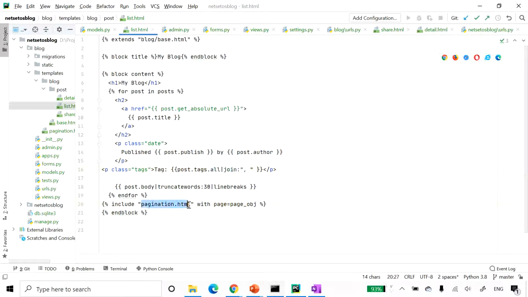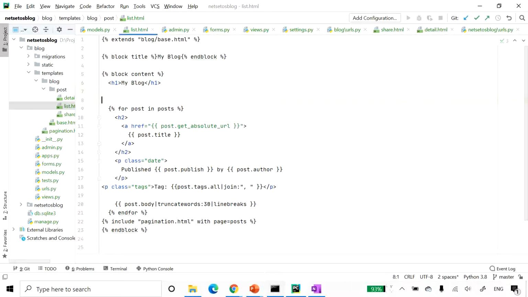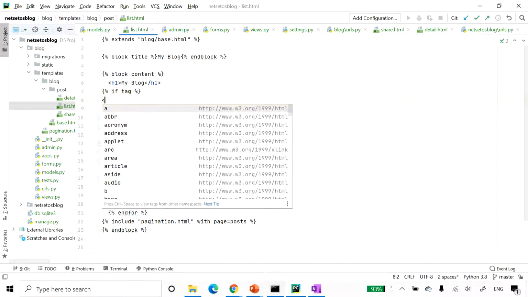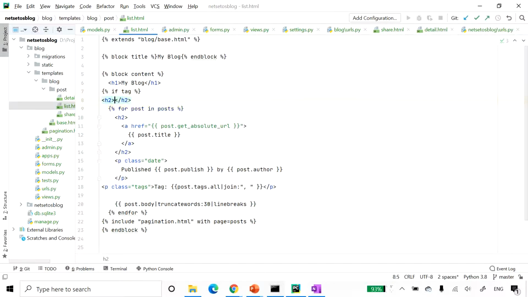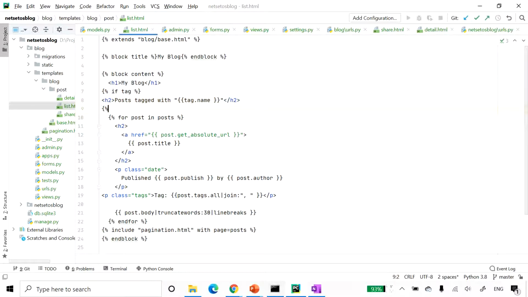Here we have pagination.html with page is equal to page underscore obj. Instead of this, we will write post. Now before this for loop, here I will add if tag, which will display in h2 parameter posts tagged with tag.name, and this will be in h2 template, and end if the statement.